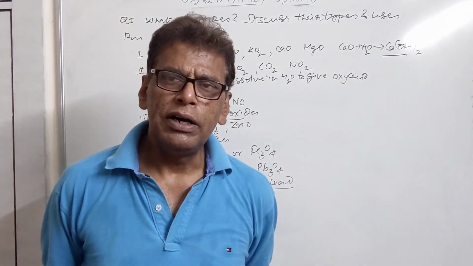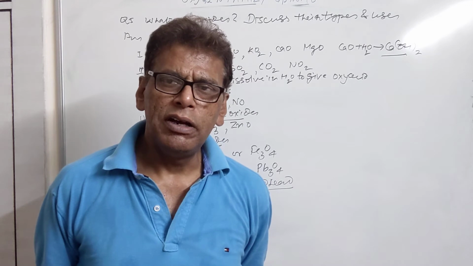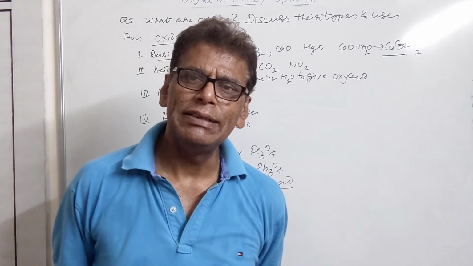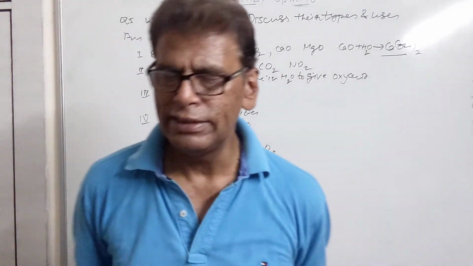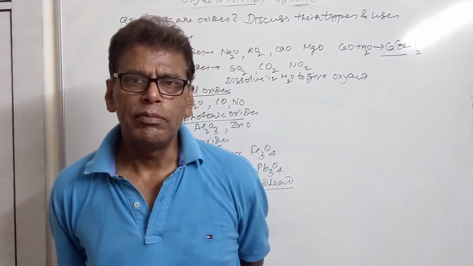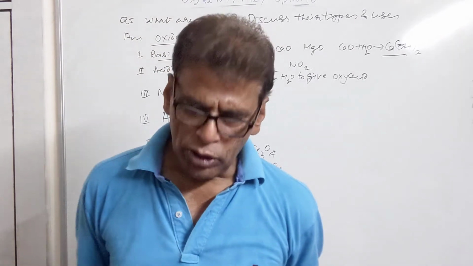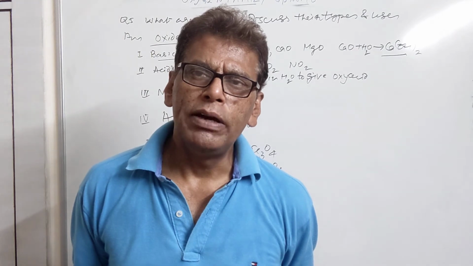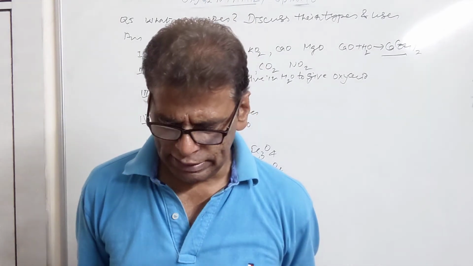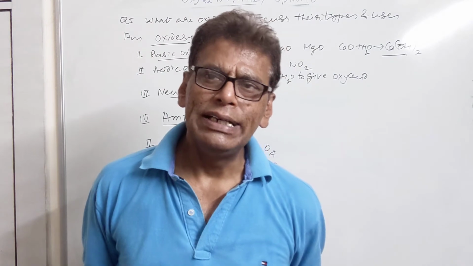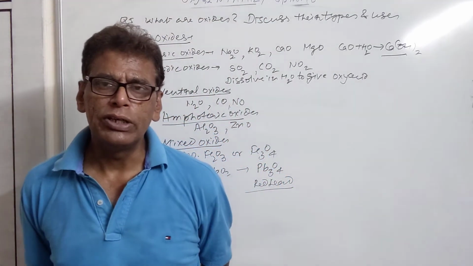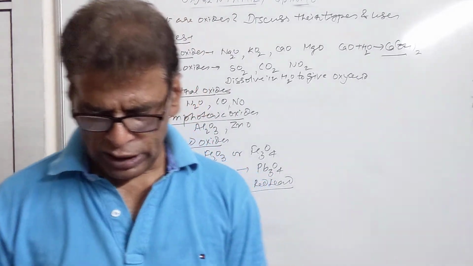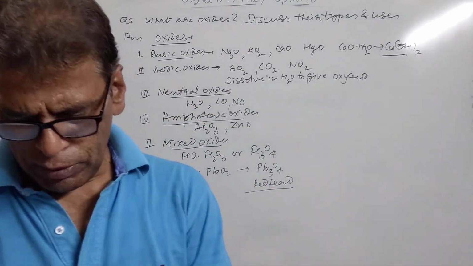Now this is regarding the oxides, and these are very important compounds. They are used in the metallurgical operations. They are used to give color to the glasses. They are used to give color to the medicines. Titanium oxide is added in medicines, and it is a very important compound in limited amount for the body also. These oxides are also used to prepare glasses, sodium silicate, etc., and to color them. These oxides are also used in the preparation of cement to impart color to the cement. So these oxides are very important compounds.